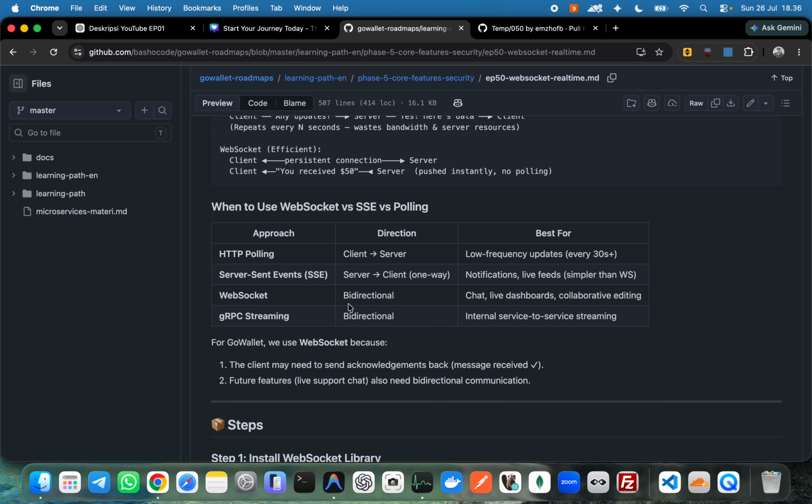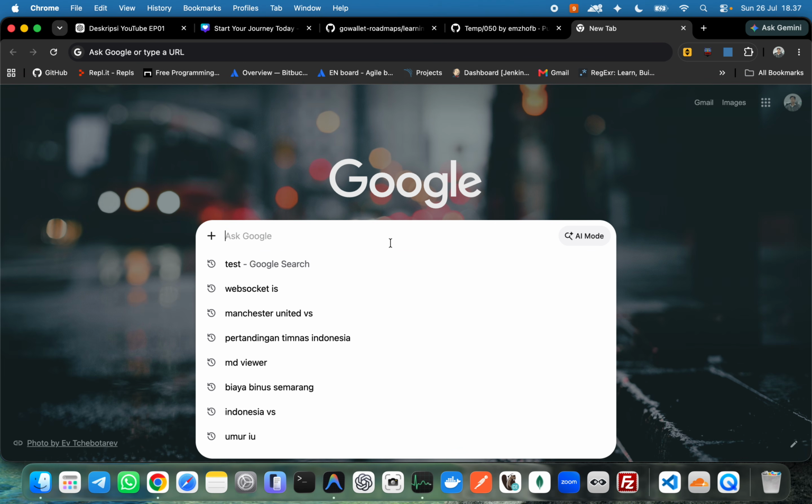WebSocket is bidirectional: chat, live dashboards, collaborative editing like Google Docs. That may use WebSocket. And gRPC streaming is also bidirectional, for internal service to service streaming, but we also need to have this one website,